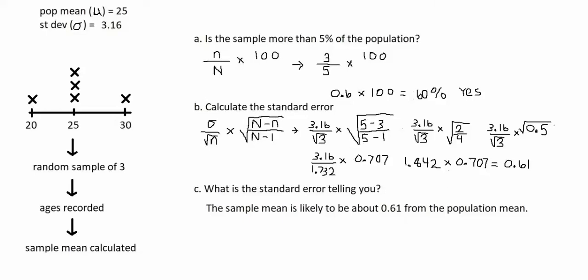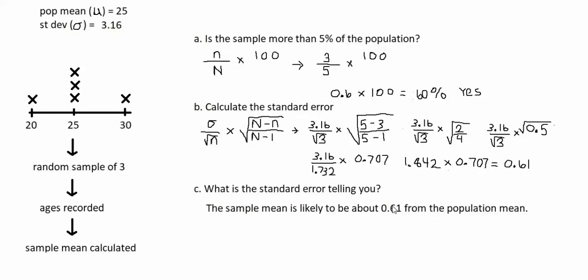Now if the sample mean came out to, let's say, 29, we would be surprised because 29 is 4 away from 25. It's 4 off target from the population mean, and 4 is quite a bit bigger than 0.61. It's quite a bit more error than what the standard error is predicting. Now, a sample mean of 29 might be possible in this situation, but it wouldn't be likely. The standard error is telling us that the sample mean isn't likely to be that far off from the population